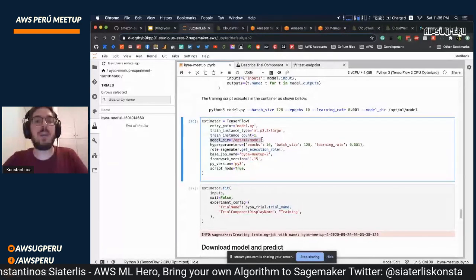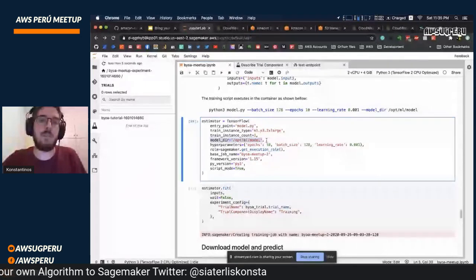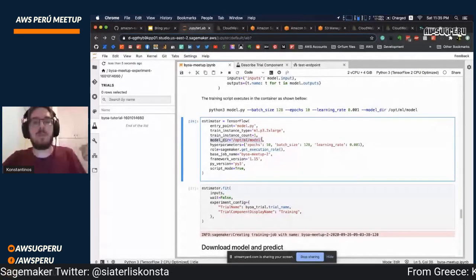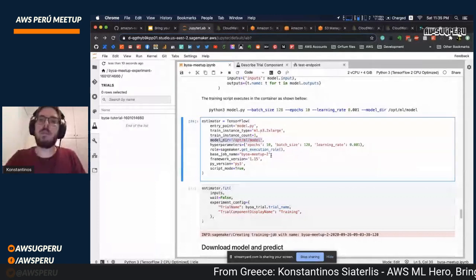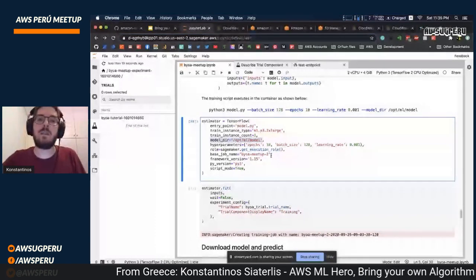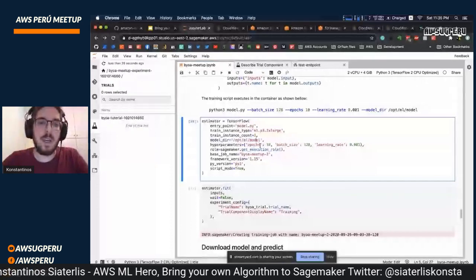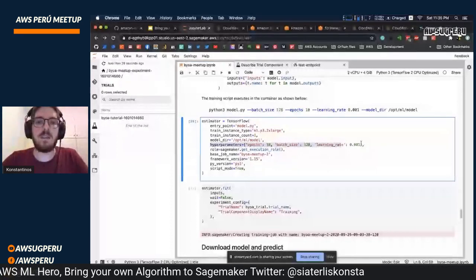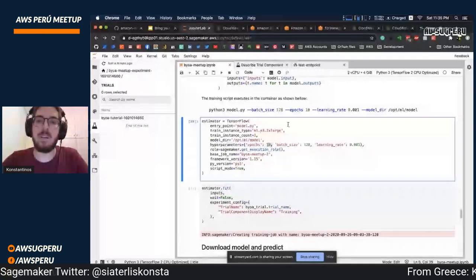Where I want to save my model once it's trained, I want to save it somewhere. And this is very important because where I save my model, the estimator is going to take my model and upload it to S3. And we'll see how we'll download it and play with it. I set a bunch of parameters. I want to run it for 10 epochs, and you can see it here.